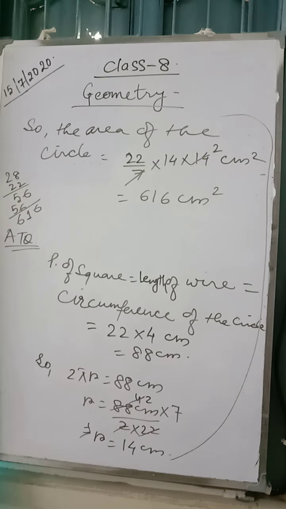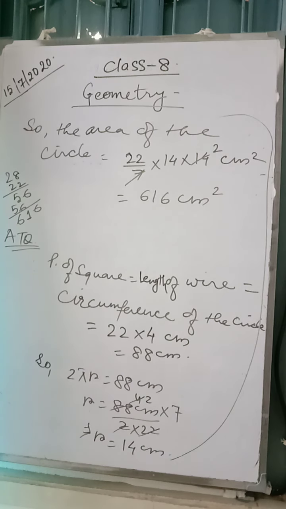Outer area would be, you can see the inner length is 50 meter and on both sides there is a 5 meter width road or path, the shaded portion. So the outer length would be 50 plus 5 plus 5, 60 meter, and the outer breadth will be 25 plus 5 plus 5, 35 meter. And inner is 50 into 25, outer is 60 into 35. So you can get the outer area minus inner area, you'll have the area of the shaded portion.